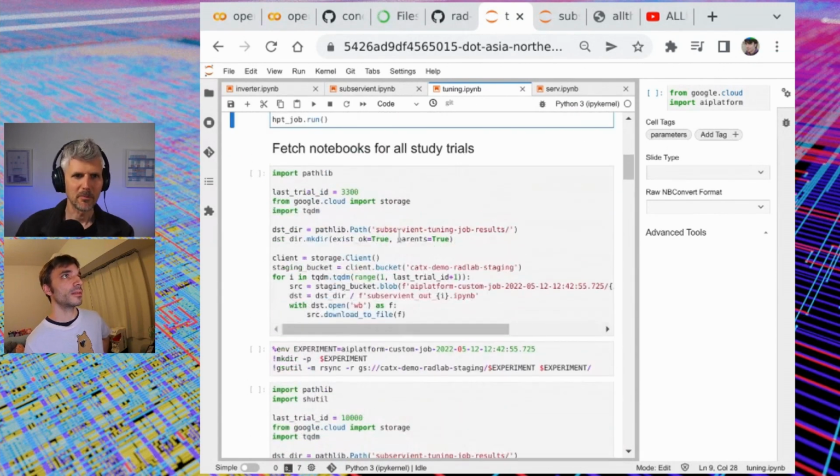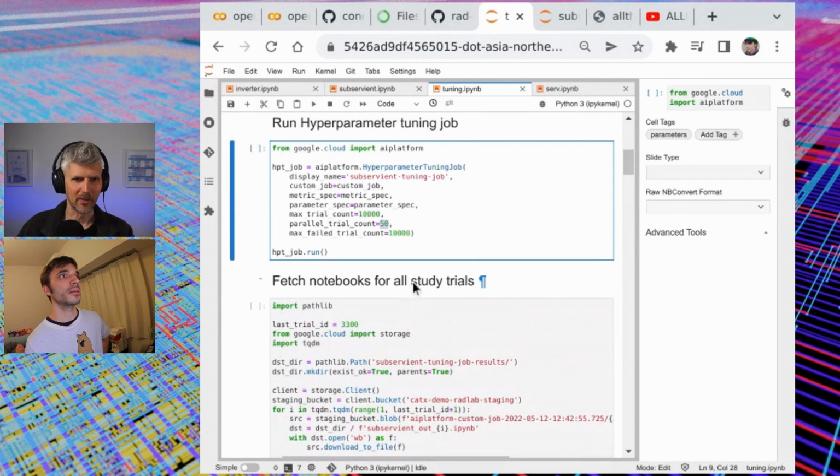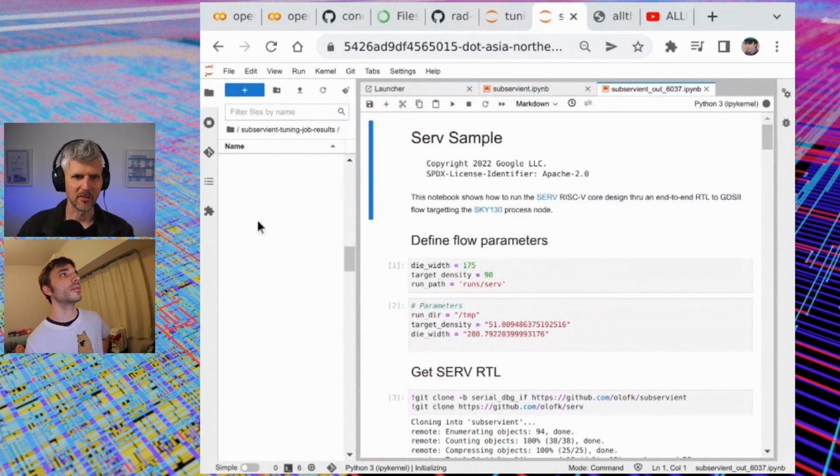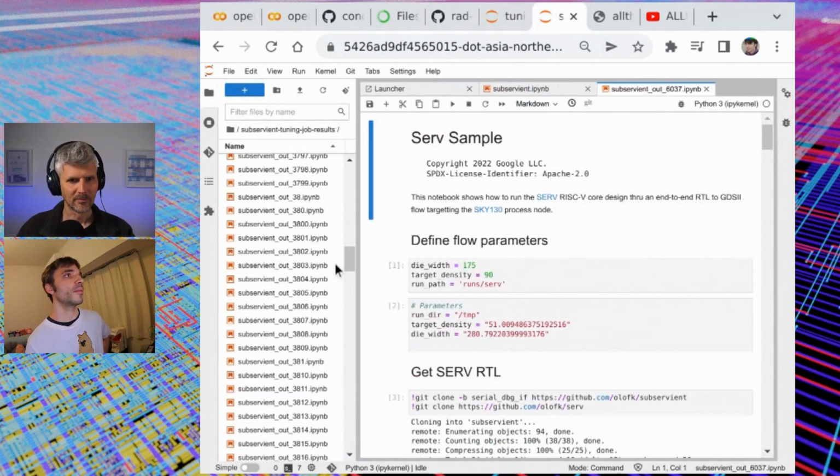So maybe just show the little file folder thing on the left hand side, because that was interesting for me. Yeah, basically all those notebooks are named after the trial, so the experiment that was run with a specific parameter. And so if we open, for example, here